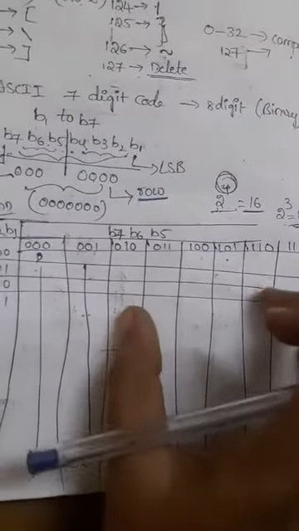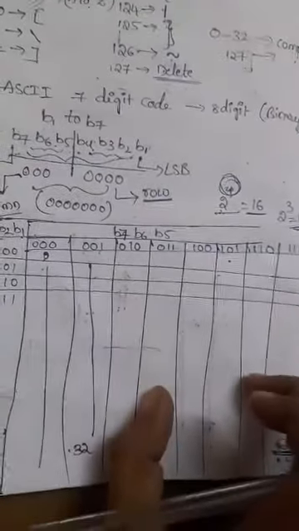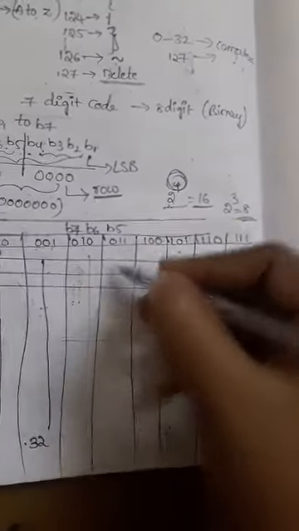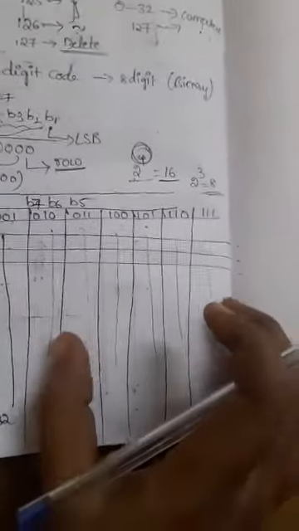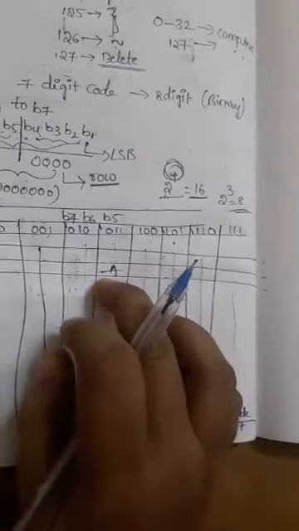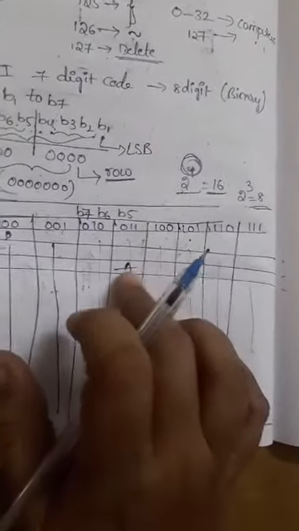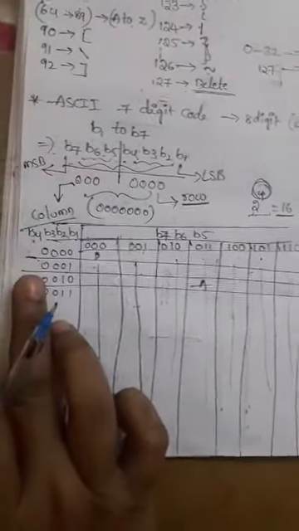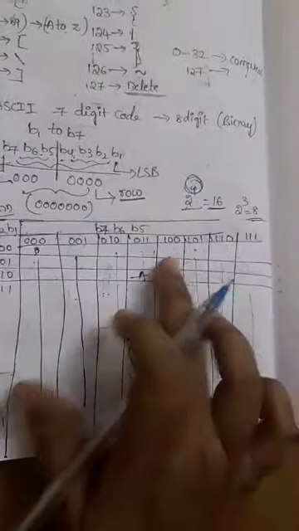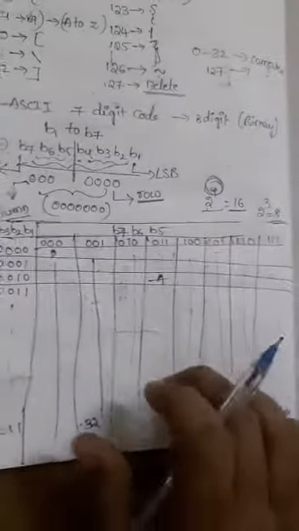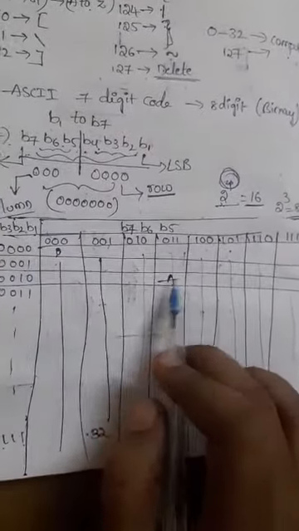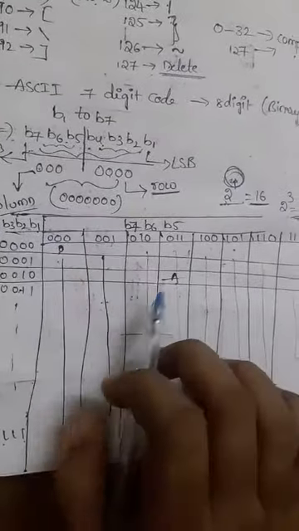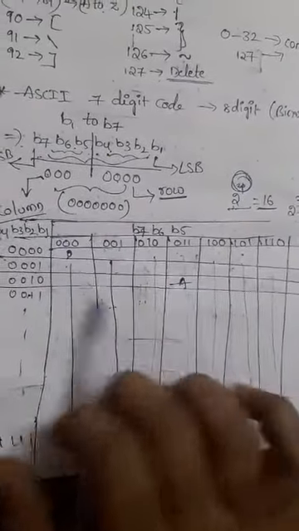Okay, whatever remaining columns and rows we have, the characters in those rows are what we require. Suppose I take one letter, maybe A. A can be represented in maybe the fourth column and the second row. This is the rows and these are the columns, so it is in the fourth column and in the second row.